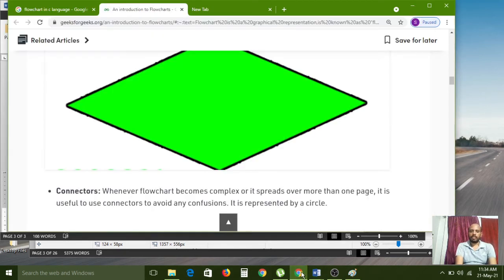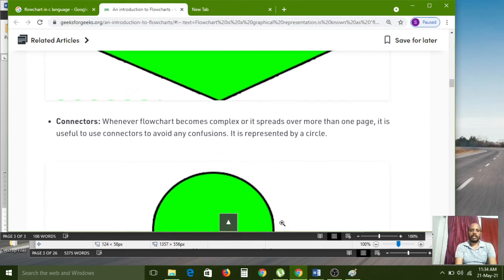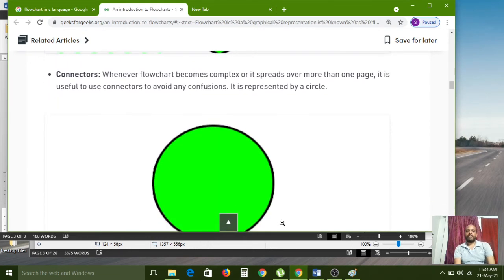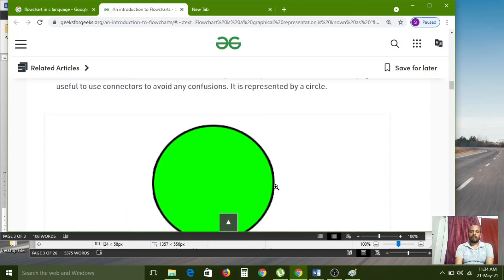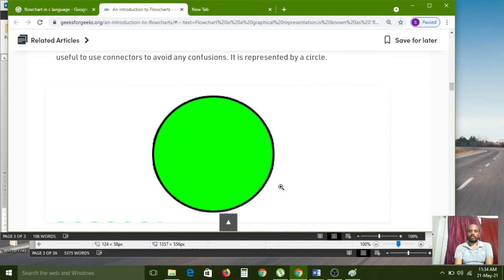And next, connectors. Whenever a flowchart becomes complex or it spreads over more than one page, it is useful to use connectors to avoid any confusion. It is represented by the circle.